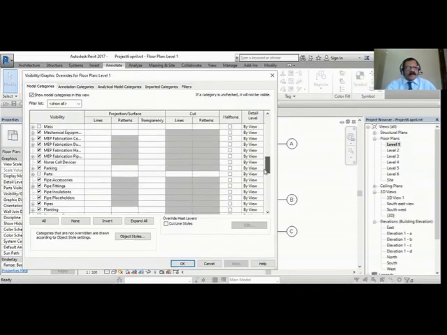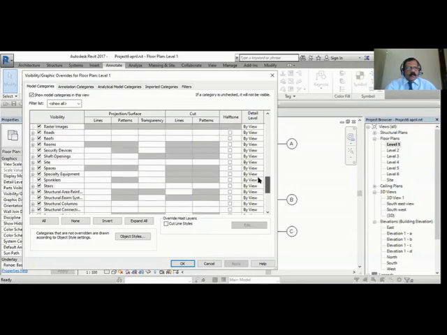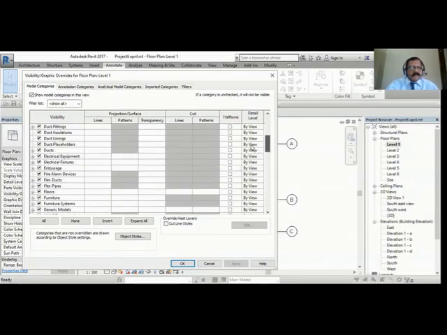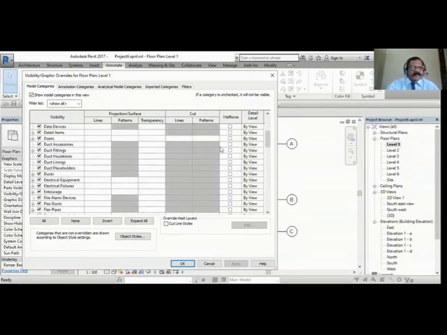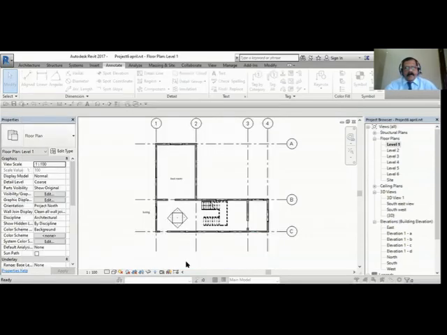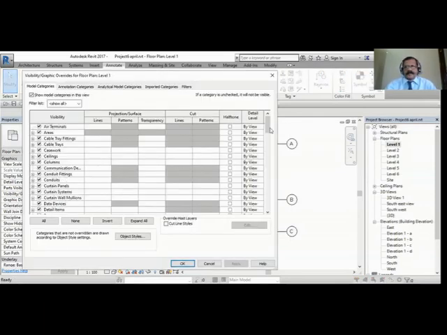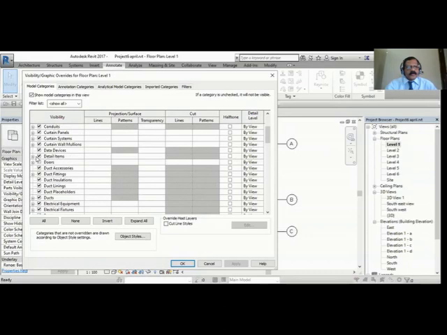From here, suppose you want to switch off all the doors temporarily, go here, doors, apply. So all the doors have been hidden. There is no square or any boundary marking, nothing is there. You can work with your other work, anything. Anytime you want to get back, use VG, go there and use the doors.